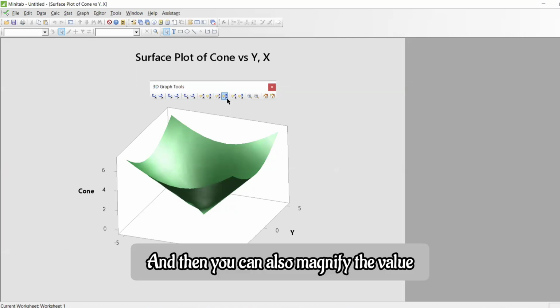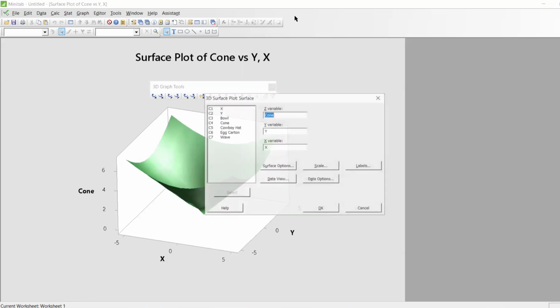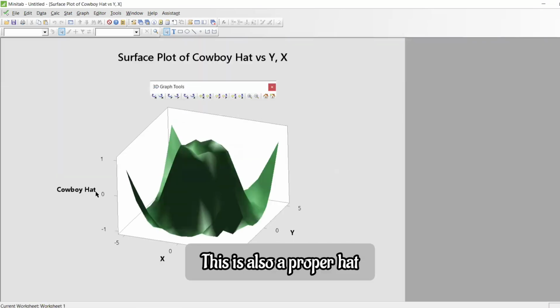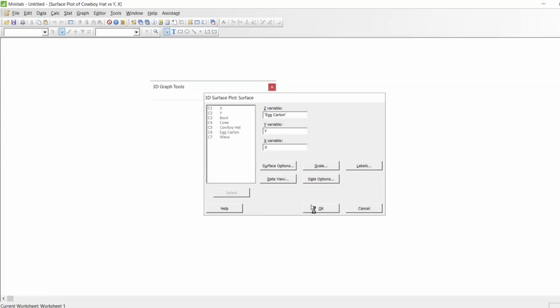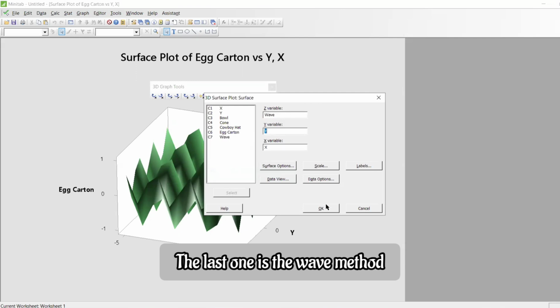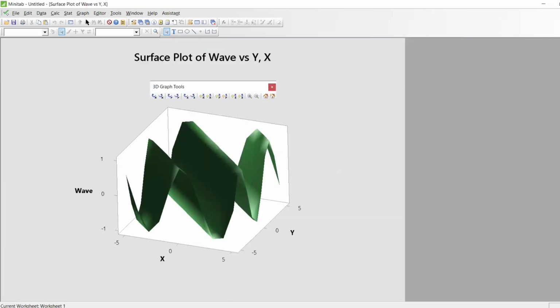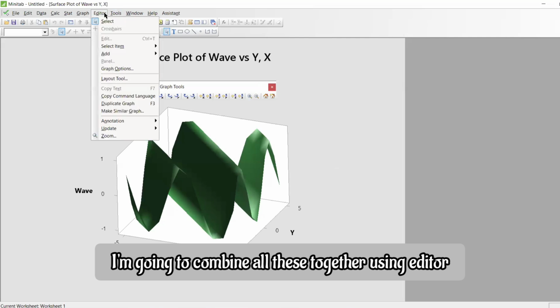And then you can also magnify the view, and you can change the values and so on. Next one is cowboy hat. This is also like a proper hat method, right? And then the next one is egg carton. You can see it like an egg carton. The last one is the wave method. Let's take a look at the wave method, like a wave kind. What I'm going to do is combine all these together using the editor,